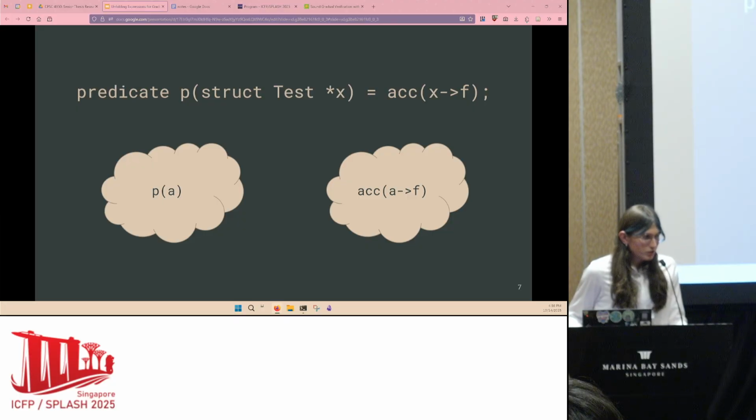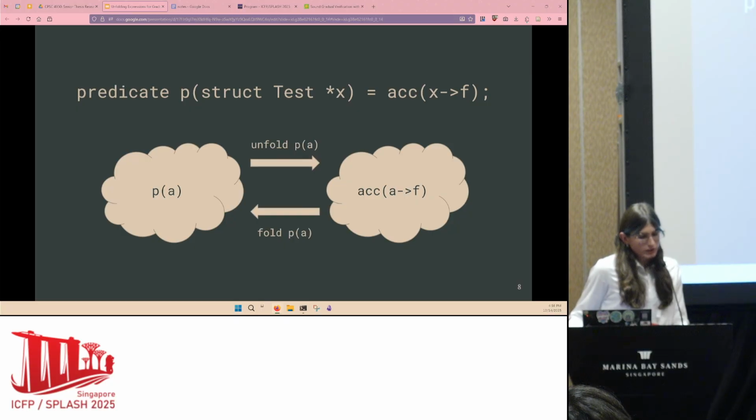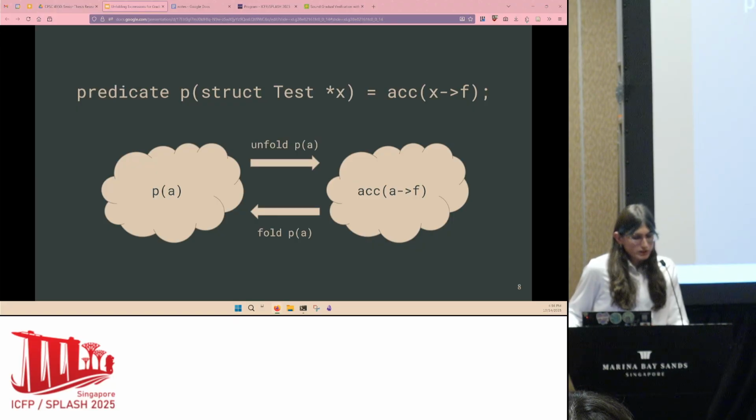To exchange between these separate notions, we use unfolds and folds. Unfold will take a predicate instance to the information in its body, and then if we want to get the predicate instance back from that information, we can fold an instance of that predicate.